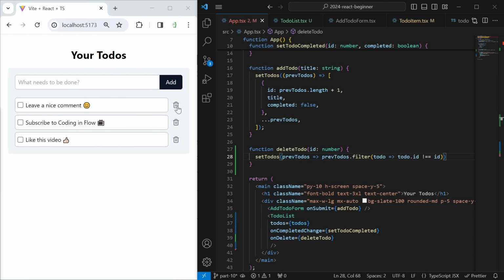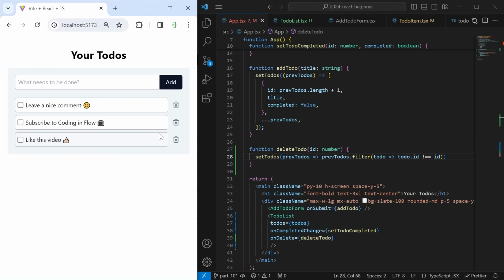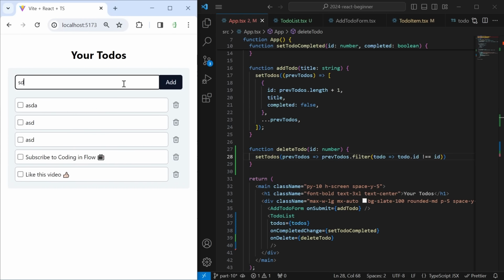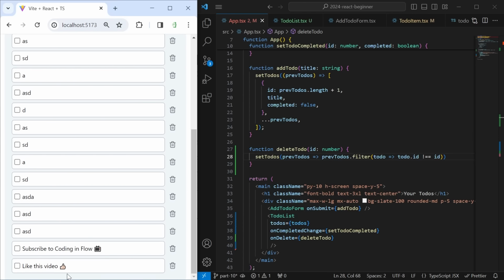Let's try it out. We can click this button and the item is deleted. When we refresh the page, they are all back. We can also add new items and delete them. We can check them, delete them. Nice. Two more things. For one, when we add a lot of items, at the bottom there is no padding